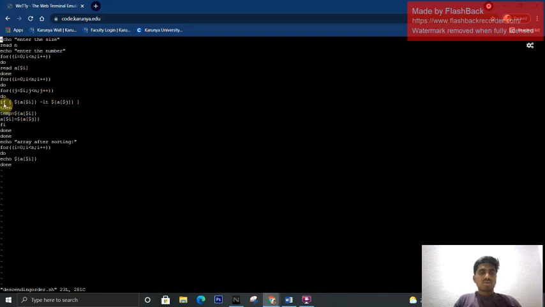And do here, and we are taking the if condition: a[$i] less than a[$j]. Then the temporary variable is equal to a[$i], a[$i] equal to $a[$j]. Here the first value is less than the second value. The temporary variable is equal to a[$i], and we have done this.